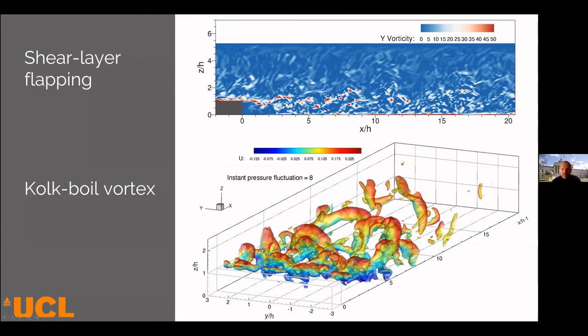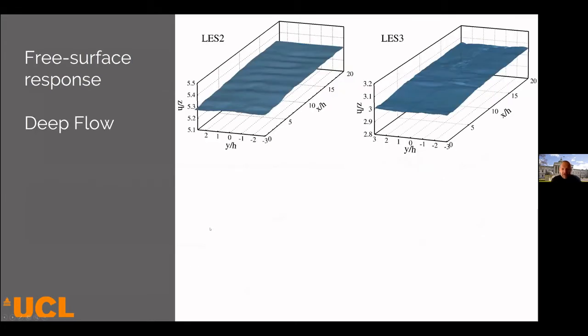Some of the vortices are already starting to move towards the water surface before reattachment, but some of the turbulence, as you see, this big Kolk Boil vortex, as it's called, has started to rise up a little bit further downstream and near the reattachment zone, and we've quantified this. And we've also looked at how the water surface responds to